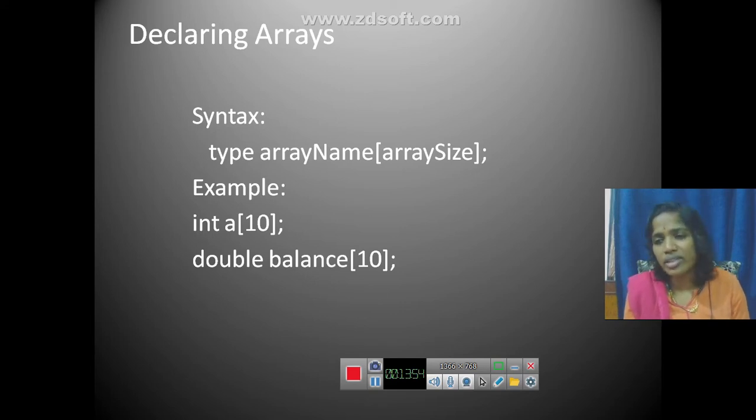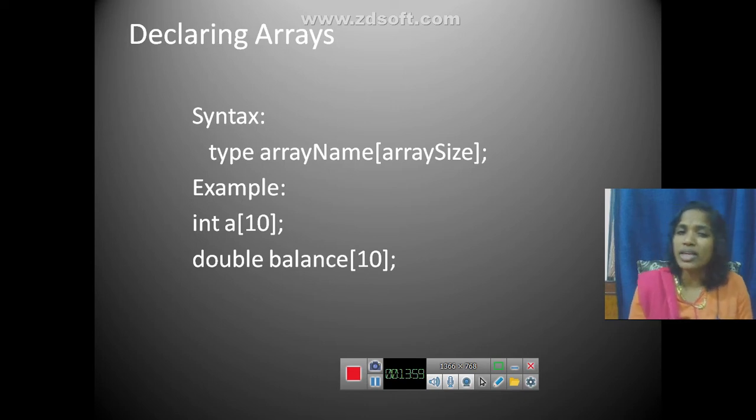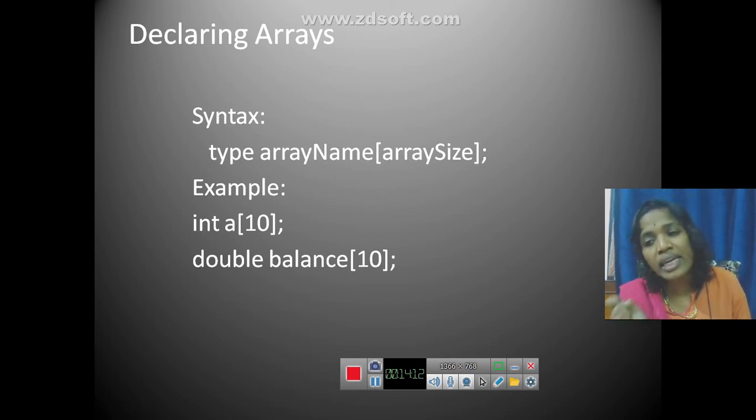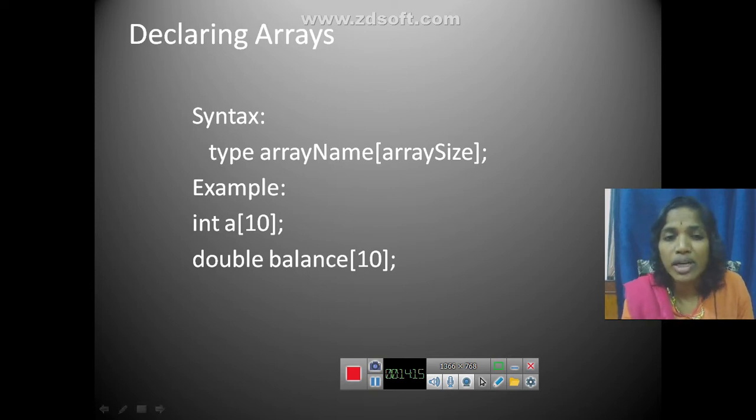Simply, an array is also a data type, right? So we are going to tell the compiler that I'm going to use a data type. What is the name of your data type? That means the variable which you are going to use is the array name. So what kind of array is it? We said that arrays can be a group of any primitive data type. So it tells the type. It can be an integer, a float, char, or double. It can be a group of anything. So how many numbers you can group, you can tell here.